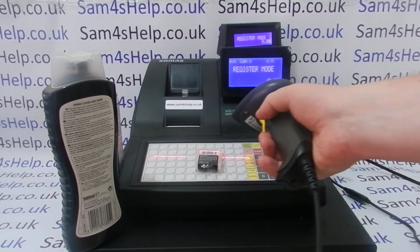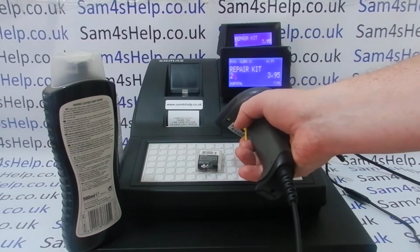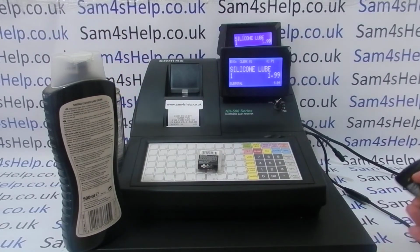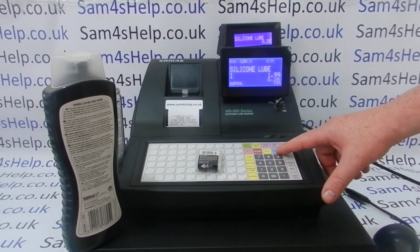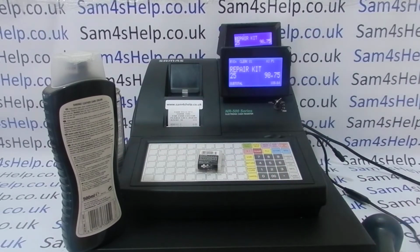So selling items that are programmed into the till is nice and easy. You just scan the barcode and repeat for each item in the sale. If you sell multiples of a particular item, you simply type in the quantity, so 25 for example. Then you've got a button here called X time. You hit that, then scan the item and it'll sell 25 of that particular item